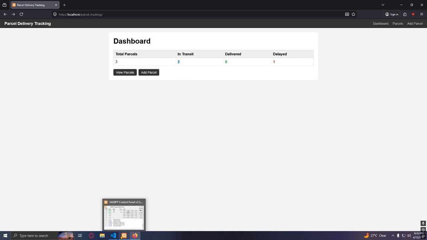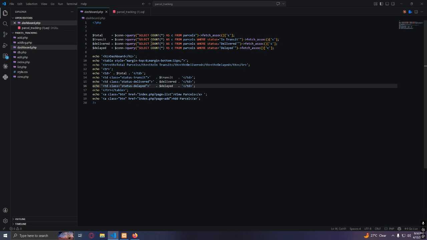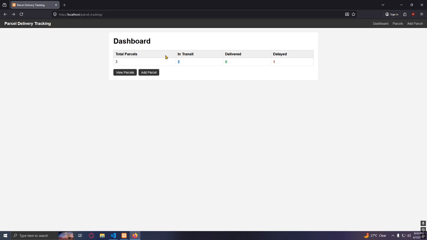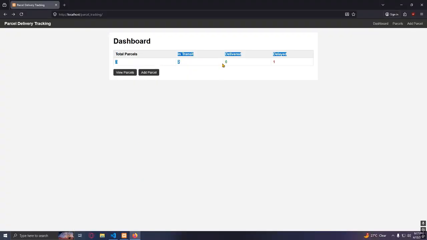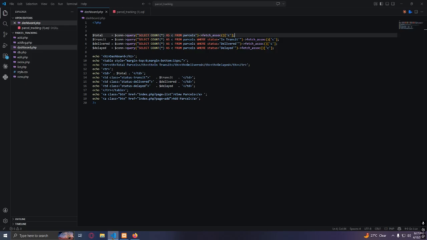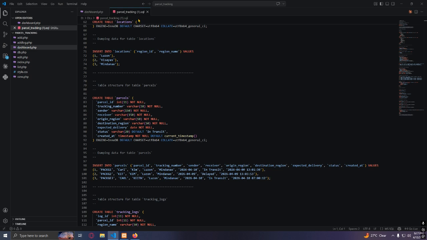This is easy to understand as it only takes the parcels, total parcels, by counting all the parcels and the in transit, delivered and delayed. It takes the parcels associated with those statuses and displays it. So it takes from this table from the SQL,